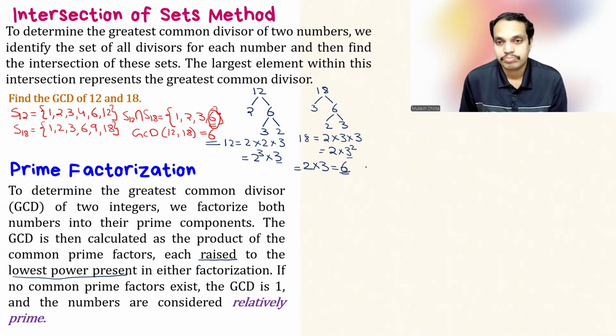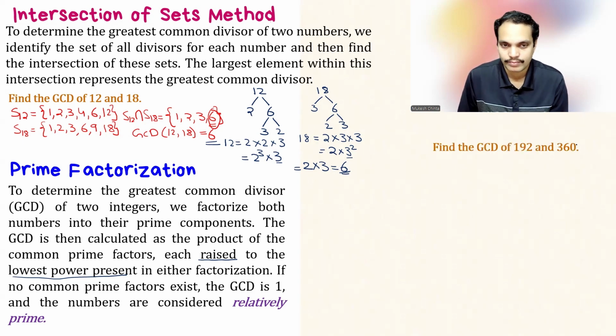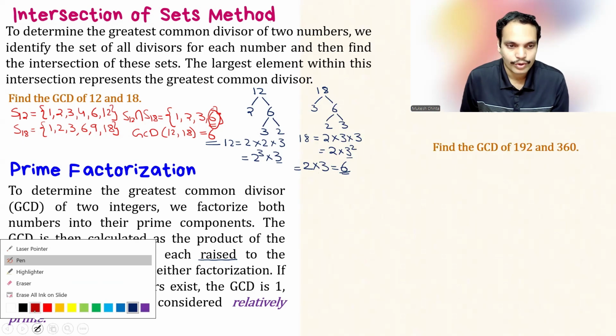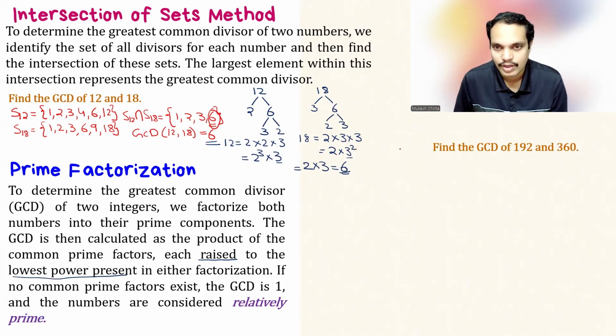Now let me try somewhat bigger numbers using the prime factorization method. Let us try for the GCD of 192 and 360. First, I need to break them down into their prime factors. Now let me try for 192 here. So 192 can be written as